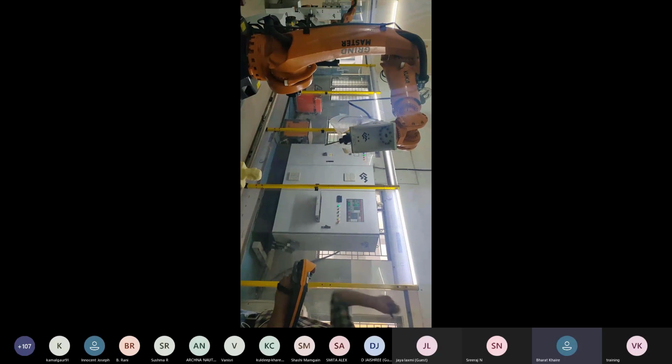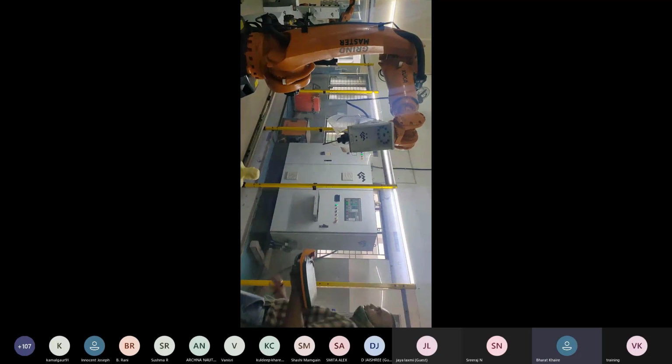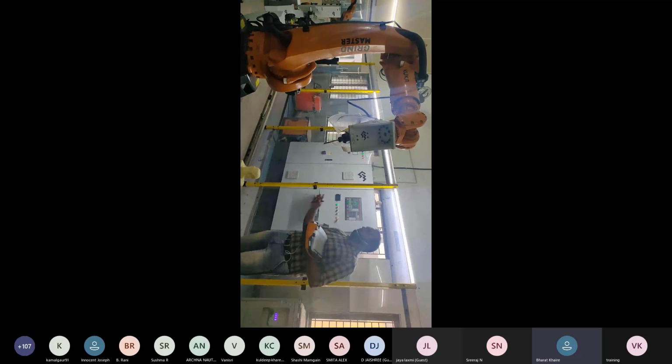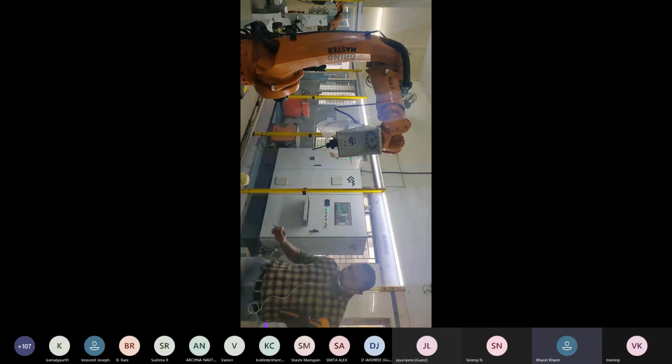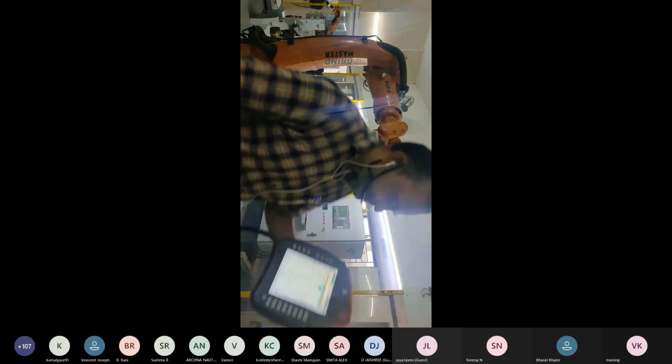Now the robot is moving, and it is far from the home position. Now I am going to select the home position program. Here the home position program is given, and to operate the program we have to select it. But if we want to change something in the program, we should open the program. Now we are going to run the program, so we have to select it.